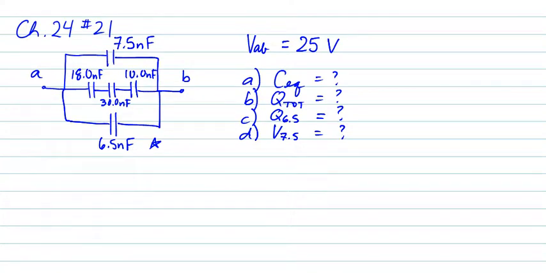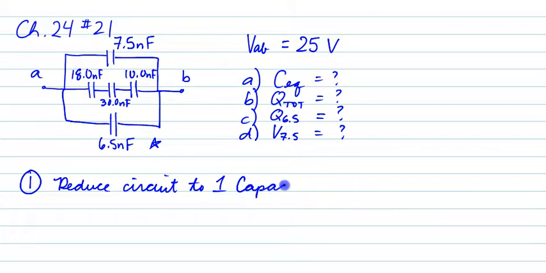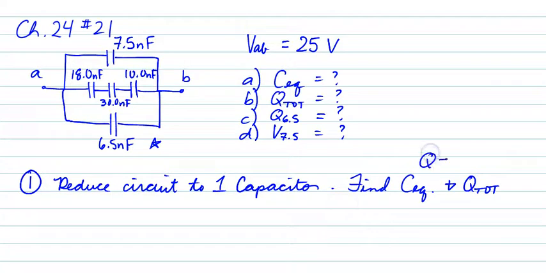Okay, now before we get into the details of this, I think it's important to look at the big picture. And one of the best ways to do this kind of problem with capacitors, or later problems where you have circuits, is to reduce it to just one capacitor. And then from there you can find the equivalent capacitance and the total charge from our basic equation that Q equals CV. And then what we can do is expand our circuit outwards